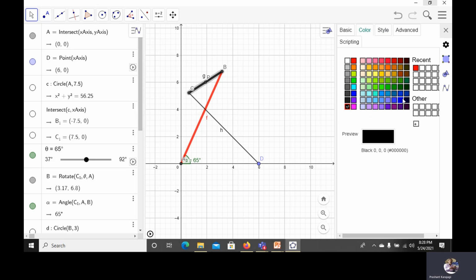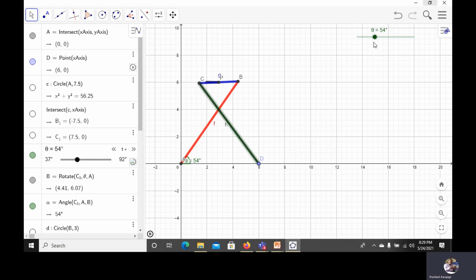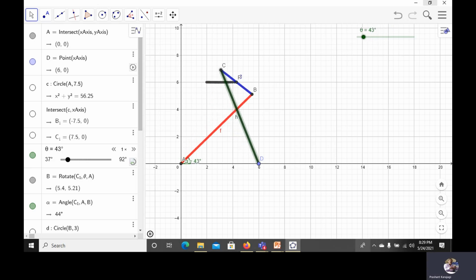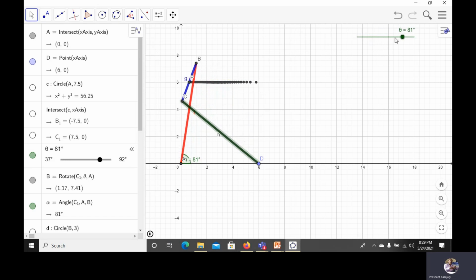Choose a different color, say blue, and for the output link, choose green. Line thickness say 13 and opacity 80. And if you again run it as an animation, you will find point P traces a straight line path in the case of the Chebyshev straight line mechanism.